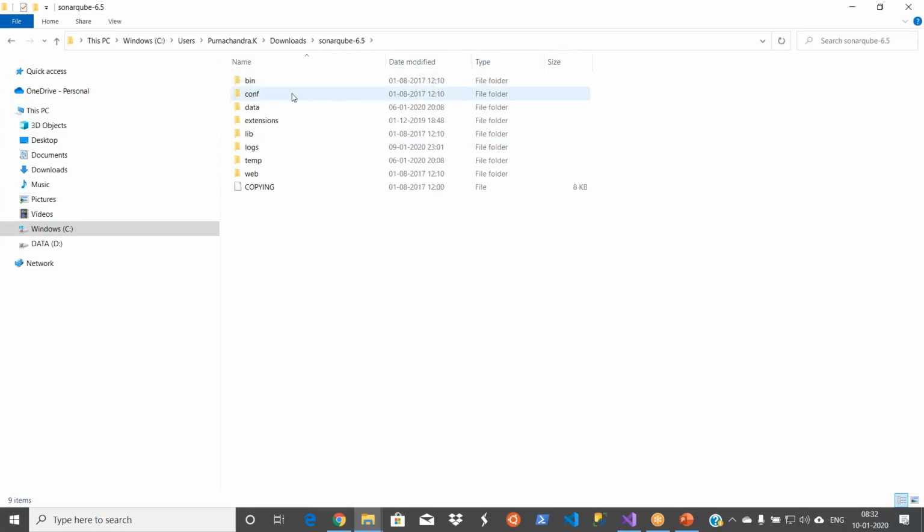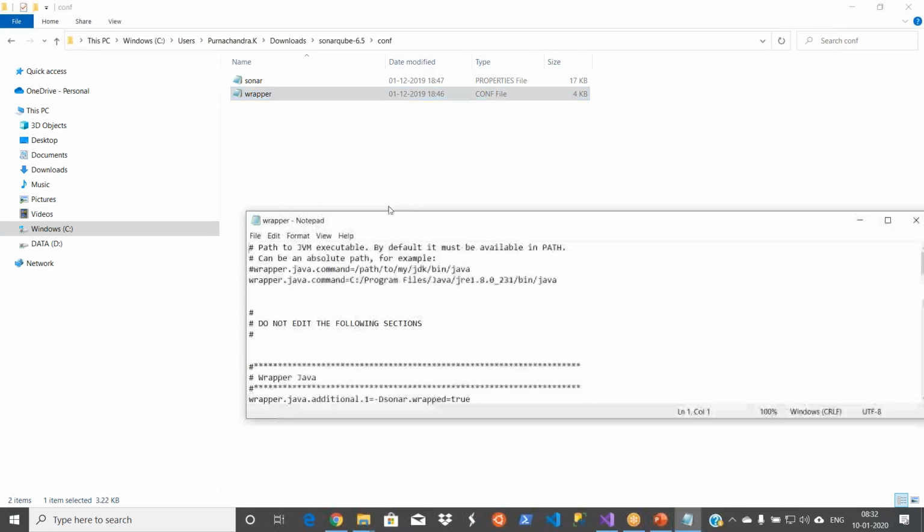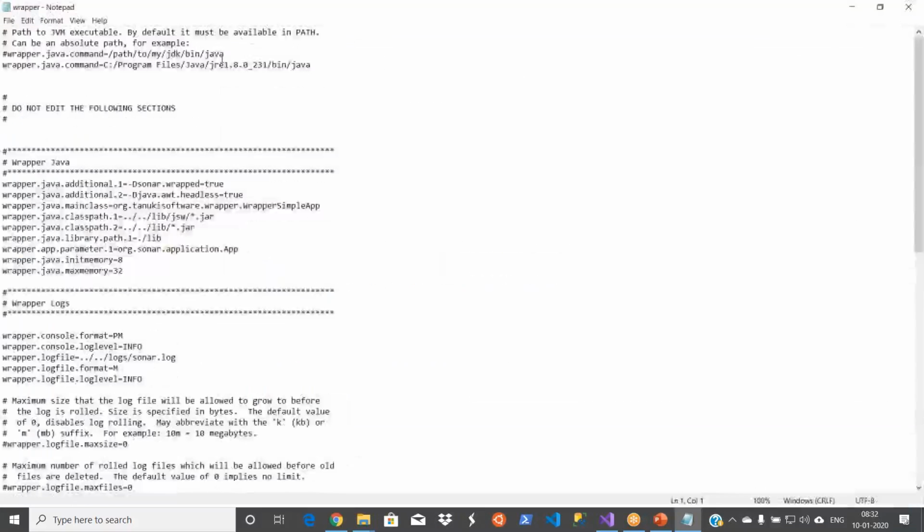So, the one you need to give attention to is this configuration folder. Go to the conf folder, and these are the two files where you can make some changes. Just open the wrapper. The first time it won't show the notepad because I'm editing with Notepad. It is showing that notepad symbol. All you need to do is